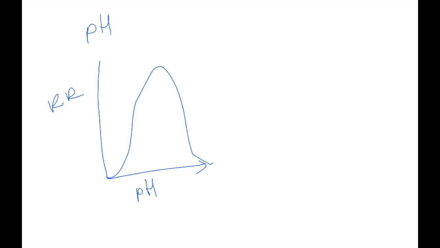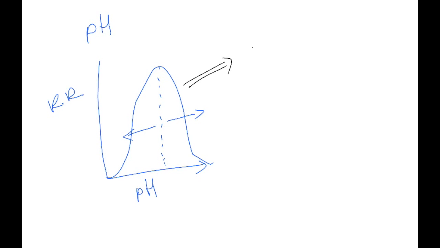pH is very similar. I like to draw that one with a graph as well. So if we have pH down here and reaction rate here, we're going to see this nice curve where this point here will be our optimal pH for that particular enzyme. Now, again, either side of the optimum, we're going to get decreased reaction rate, and that's because this is causing